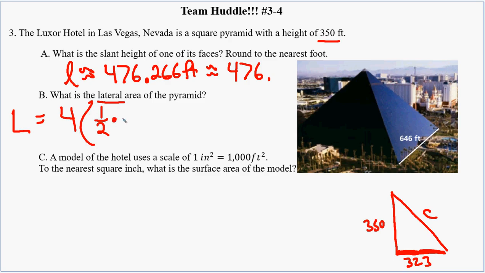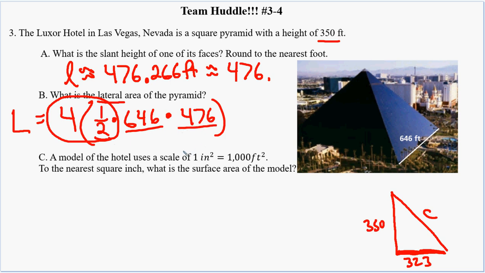And then our base is the 646. And then the height is the L we just found, the 476. And then for the calculator, 1/2 of 4 is 2. 2 times 646. Multiply that by 476. And you should get